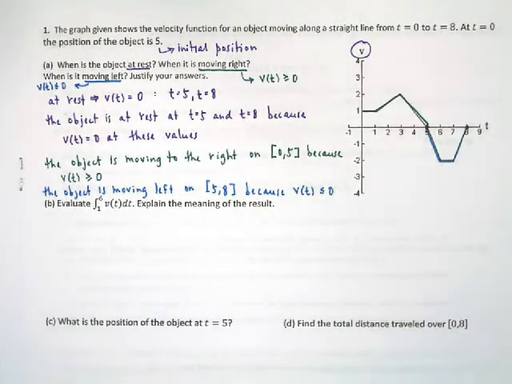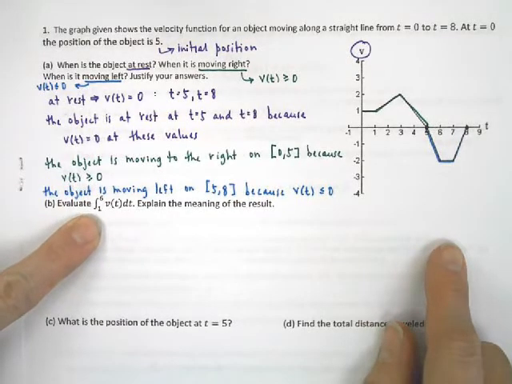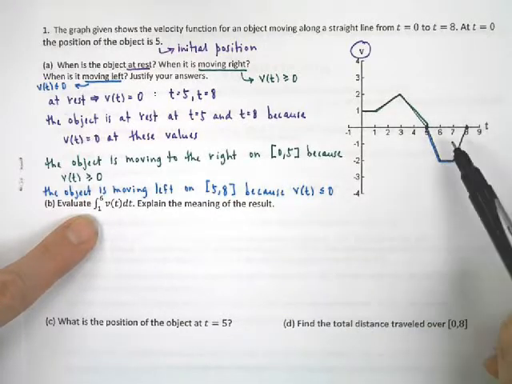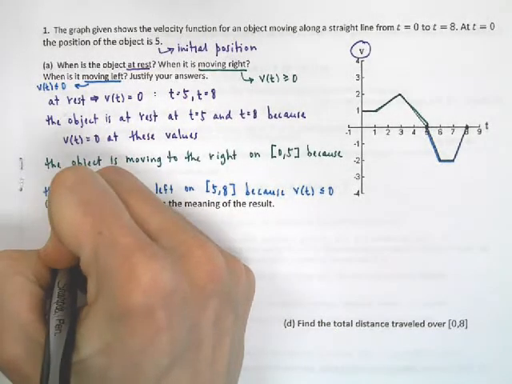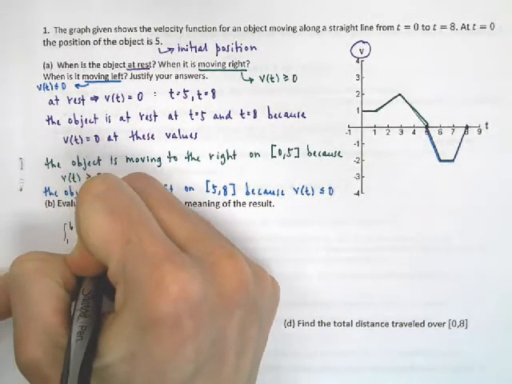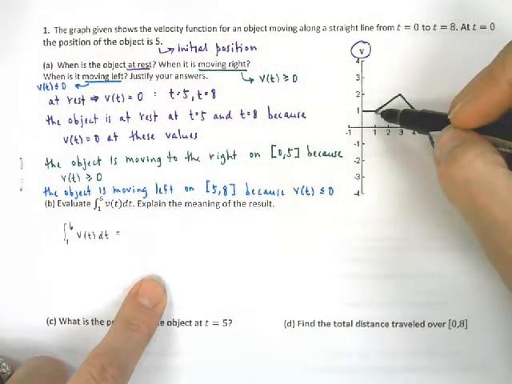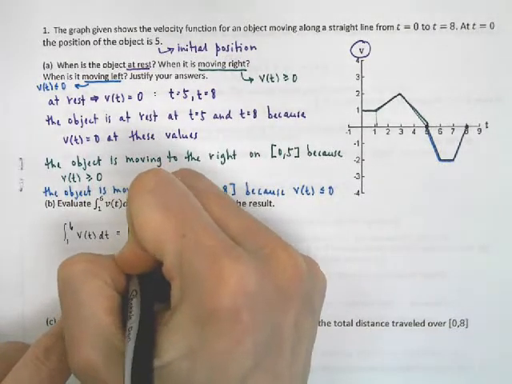Okay. So now we found out some basic information from that graph. The next thing it's asking us to do is to evaluate the integral from 1 to 6 of v of t dt. So let's take a look. Obviously, we're going to have to break this up. We're going to use geometry here to figure this out, but we're going to kind of have to break this up into a few different intervals. So the first thing I'm going to use here is just my little square. So I've got 1 times 1